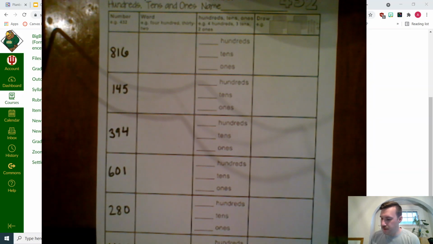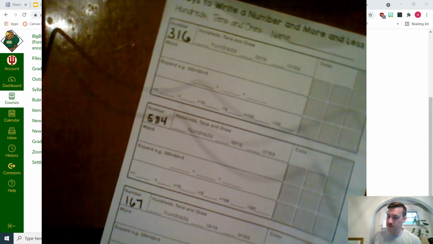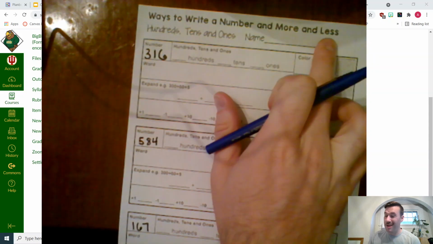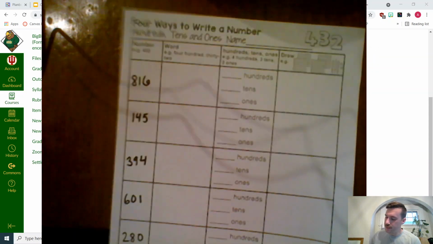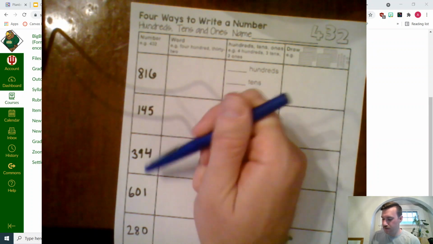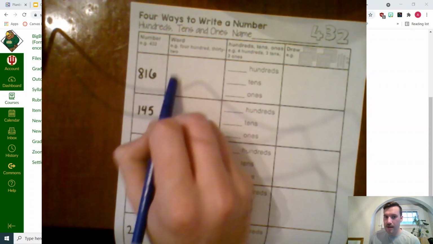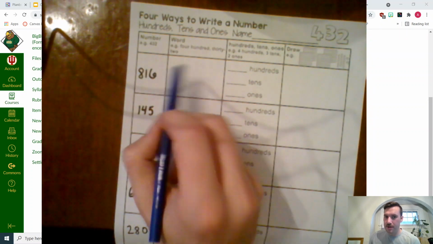So for 4 ways to make a number, there are 2 sides, and I want you to start with the one that says 4 ways to write a number, and then after that you can move on to ways to write a number and more and less. So for 4 ways to make a number, I have already given you the number that you're going to be using. So this first number, you're going to look at the first number and you're going to write that in